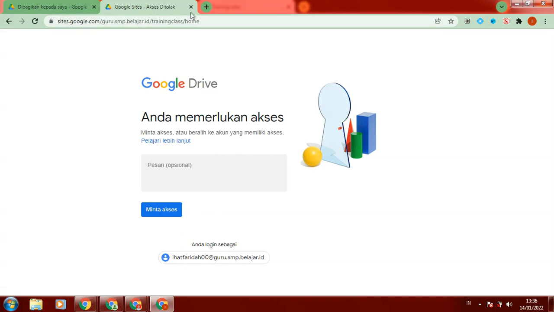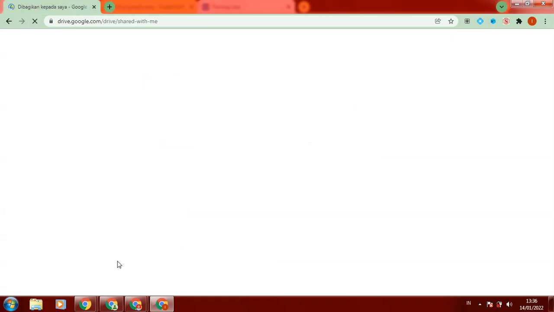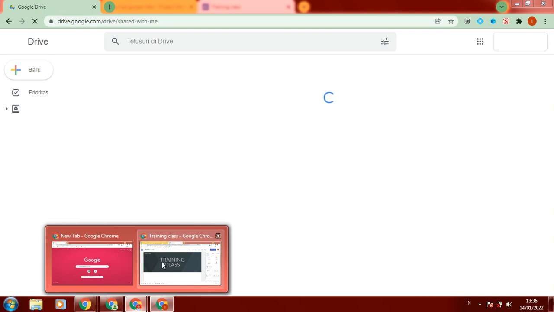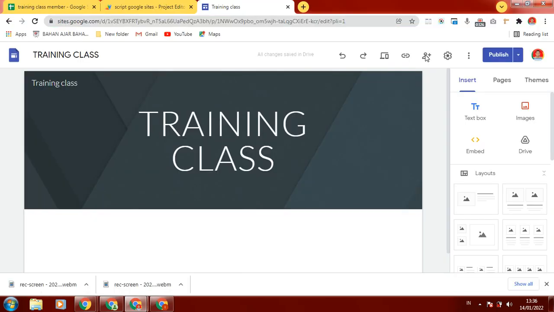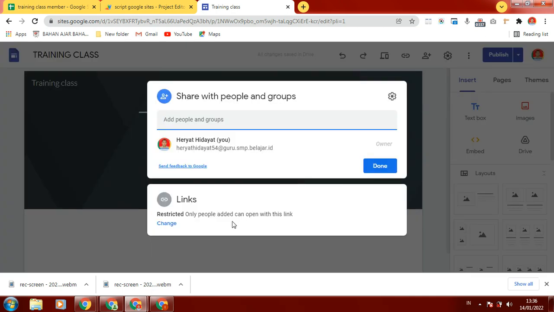Yes, because the access is rejected. We have no access to the Google site because we restricted the sharing option. Restricted, only people added can open with this link.